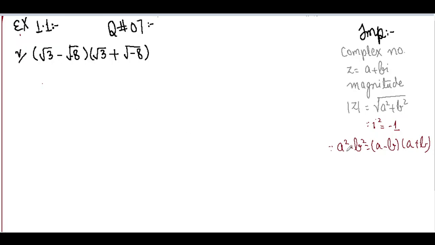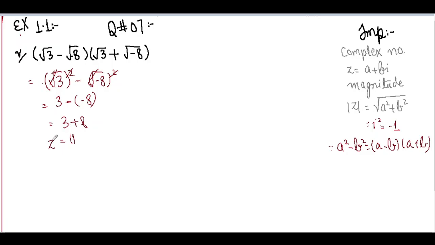This is the formula: a square minus b square equals a minus b into a plus b, where a is under root 3 and b is under root of minus 8. So under root of 3 whole square minus under root of minus 8 whole square. Now these square and square roots cancel, and the answer is 3 minus into minus 8, which is 3 plus 8, which is